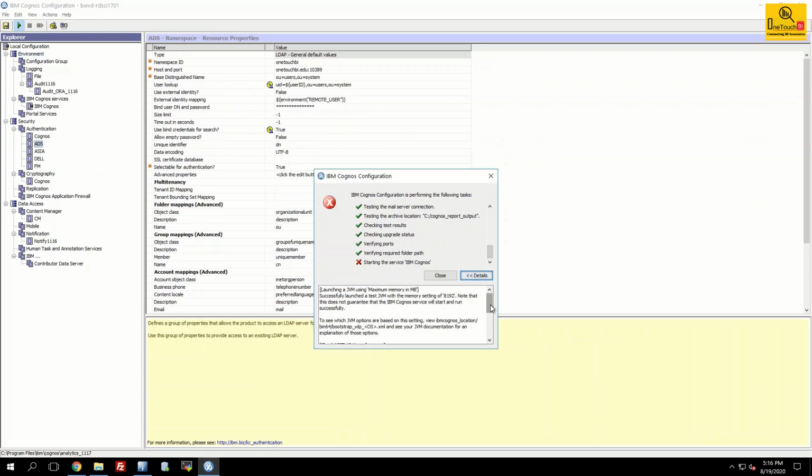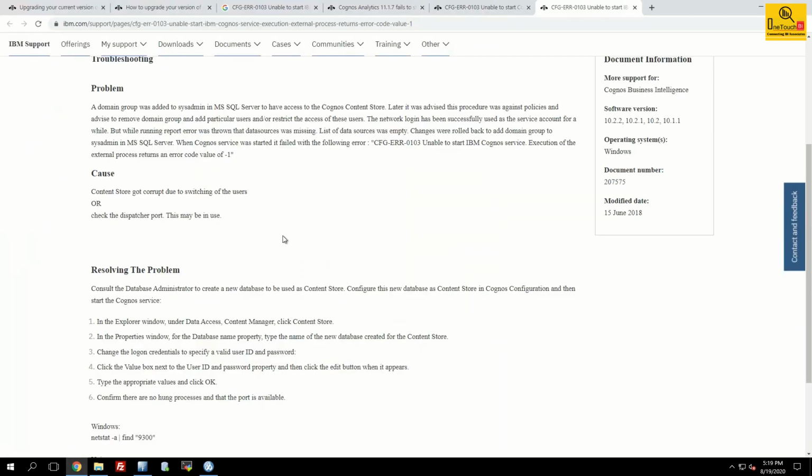What happens in the last minute? It is not starting. Unable to start IBM Cognos service, execution of the external process returns an error code value of -1. Let's copy this error message. As you see in the IBM Cognos article, the error could be because of dispatcher port which may be in